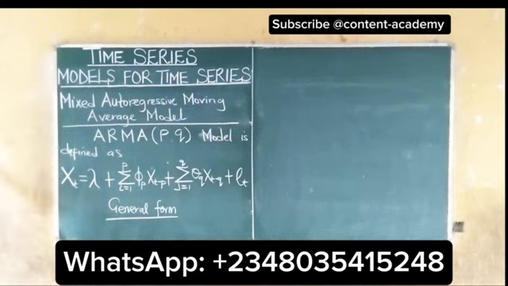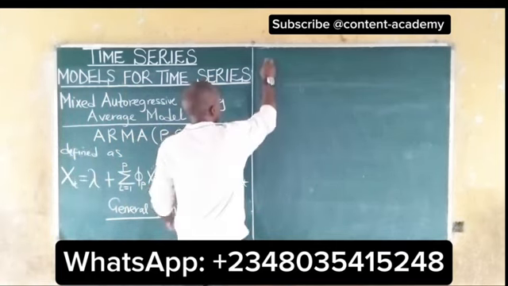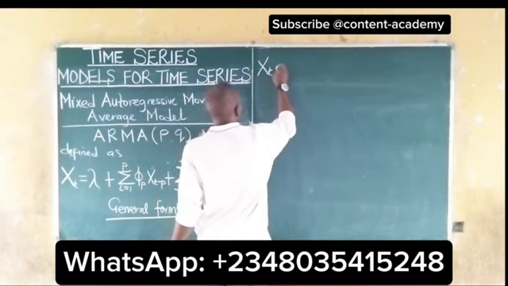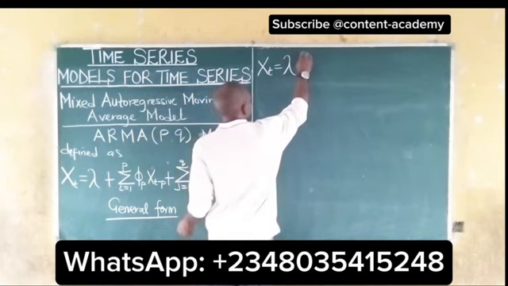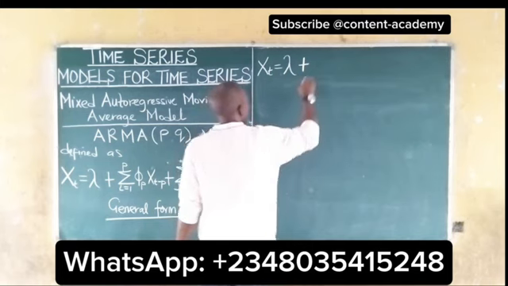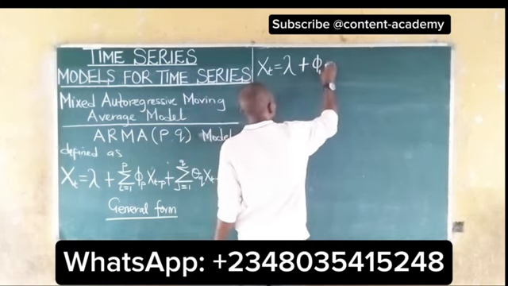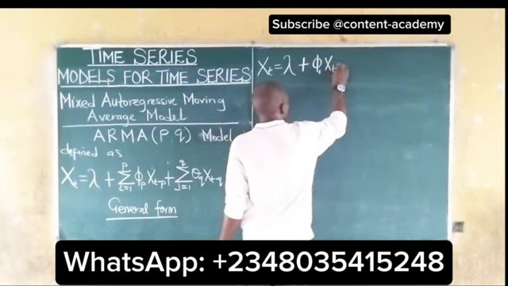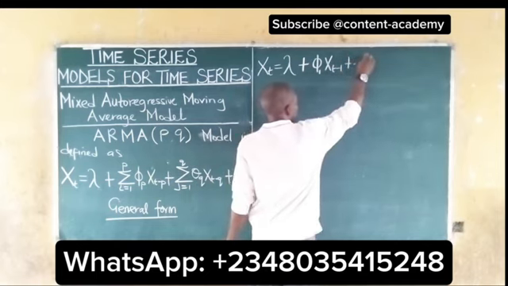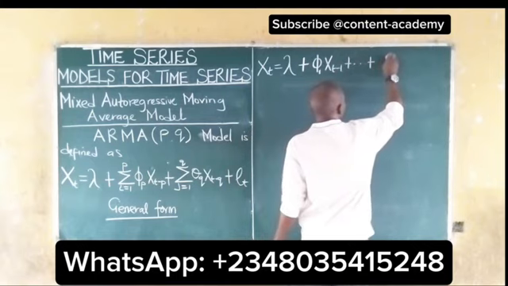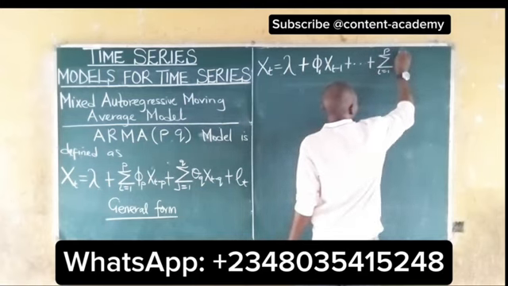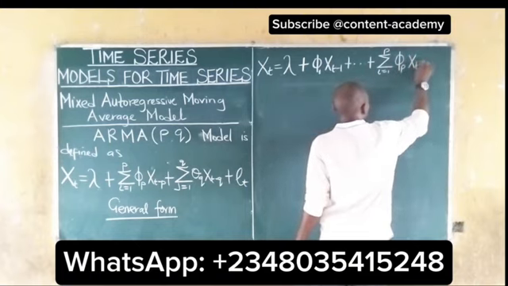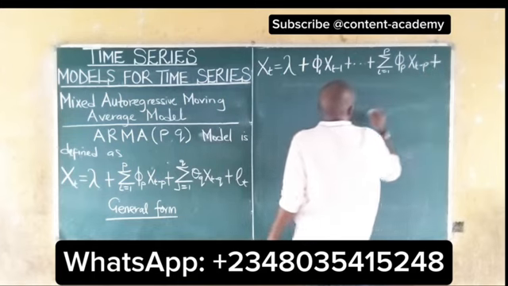So we have to put down the general form. The general form of the model can be written as x_t equal to, this is our constant, plus phi_1 x_{t-1} plus, it continues, to give us the summation of i running from 1 to p, phi_p x_{t-p}, plus, it continues,